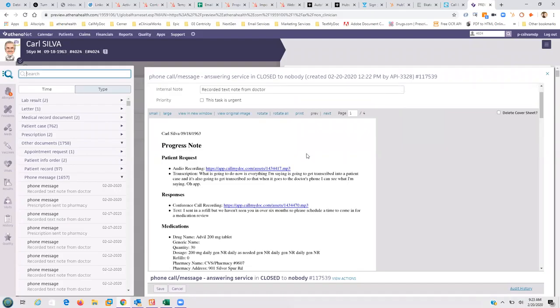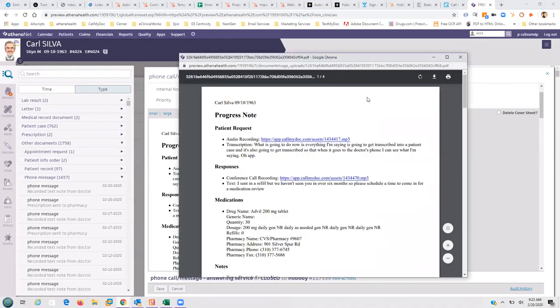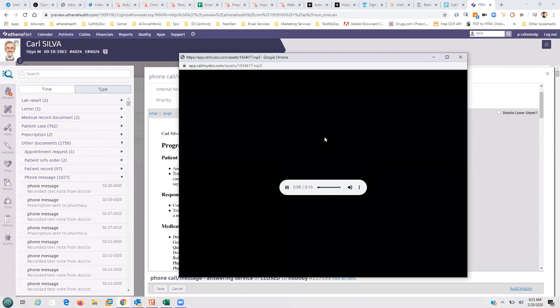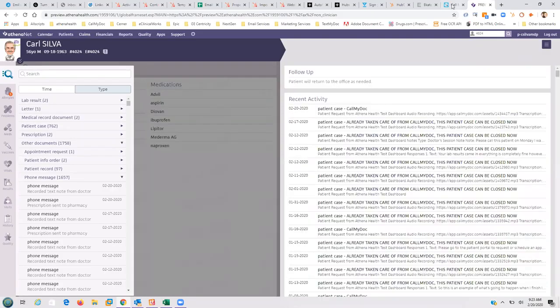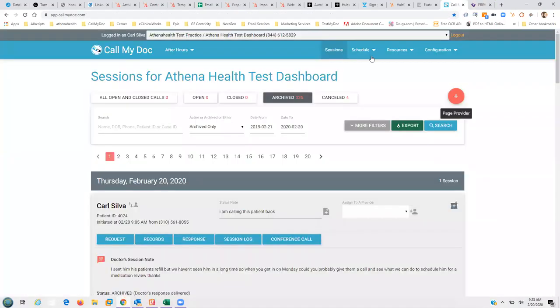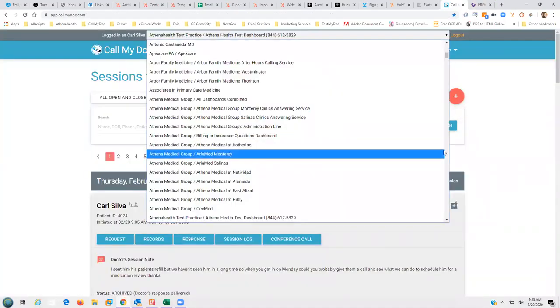And Athena doesn't yet allow you to attach a voicemail to a patient chart, but we've kind of done it because you click on View Original Image. All these blue lines in that PDF file become hot links back to the original recording. So you can play it from inside the chart or do whatever you need to do with it, but it's always going to be there, period. Okay. So what you wind up with is